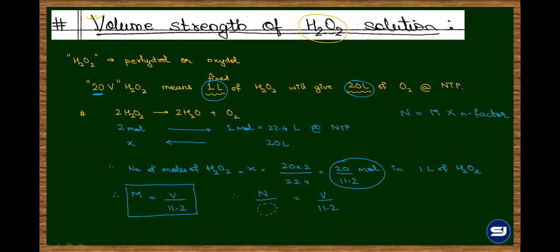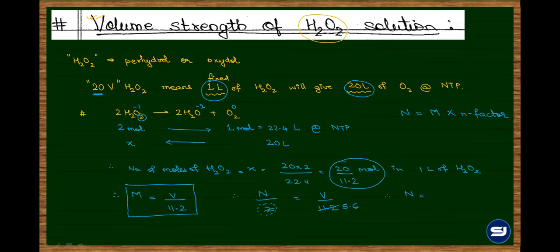So the n factor for the peroxide would be observed from the reaction. And in the reaction, the peroxide is changing from -1 to -2 as well as -1 to 0. Yes or no? Yes, sir. So either way, the change is 1 unit, multiplied by the number of atoms undergoing the change. So what is the n factor? 2. So this 2, when you balance over here, it comes out to be 5.6.